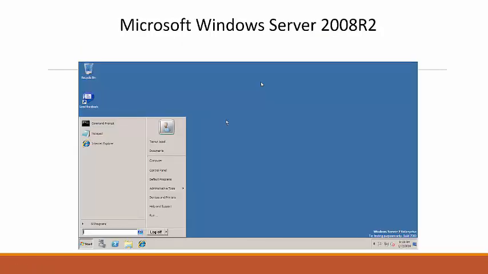The Windows 7 Server version was called Windows Server 2008. The original Server 2008 was a server version of Vista, and it shared many of the same problems. When Windows 7 was released, Server 2008 R2, which stands for Release 2, came out. And this is still a very common server operating system, right? It's 8 years old as of this year, but it's still pretty highly adopted.